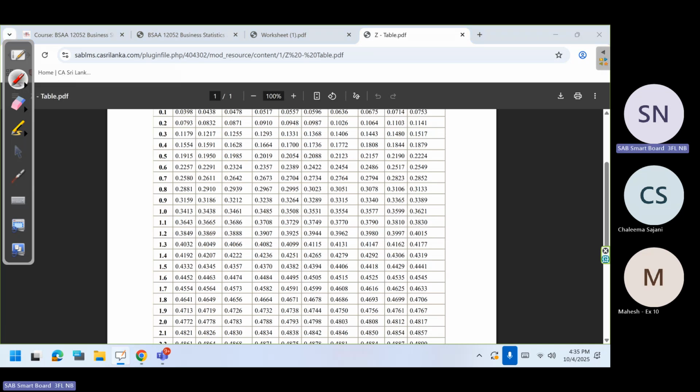Here you cannot find the exact 0.45. You can't look, but here we have 4495 and the 4505. 0.45 means